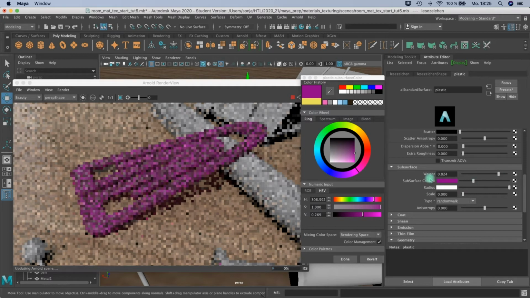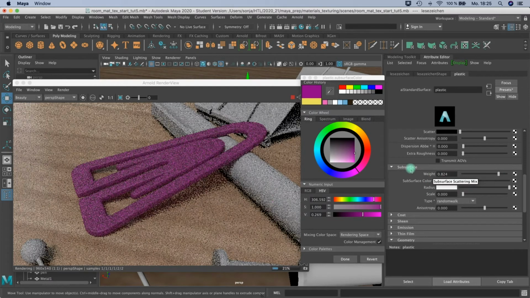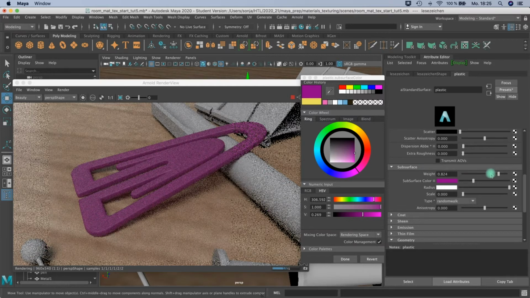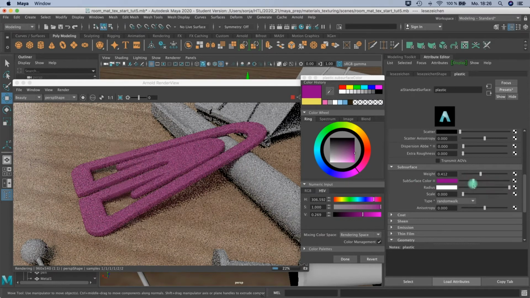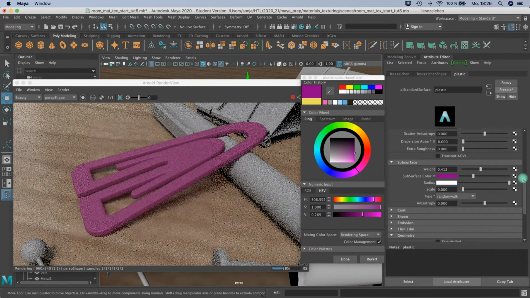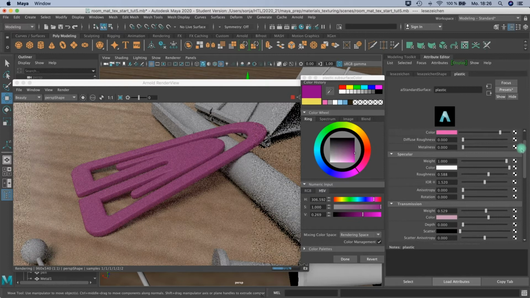See, okay, when you add here some weight in the subsurface scattering, it's getting even another, more or less, plastic look. Okay, then